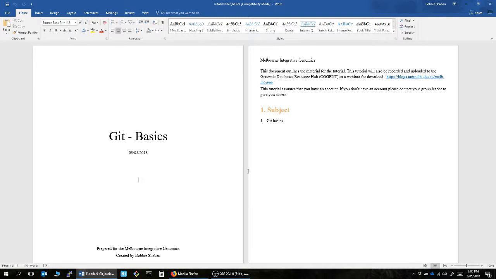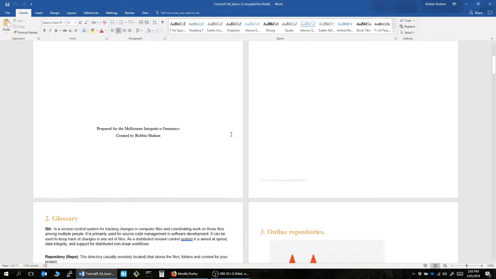So today's tutorial is just going to be a basic Git tutorial. We'll start off by going through some definitions. I'll give a couple of examples of the main Git repositories and what the differences between them are. Then we'll set up a Git account with GitLab, which is the university provided service, and we'll learn how to add a file, commit it, create a couple of different branches, merge branches and so forth. So to start off, I'd like to go through a couple of